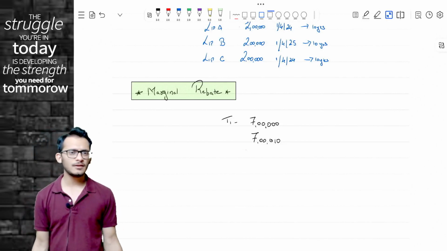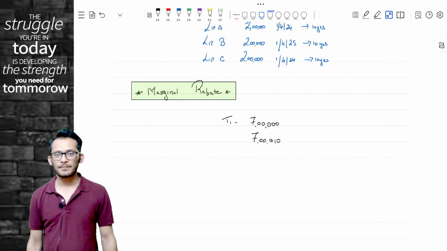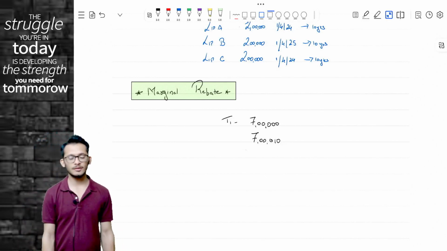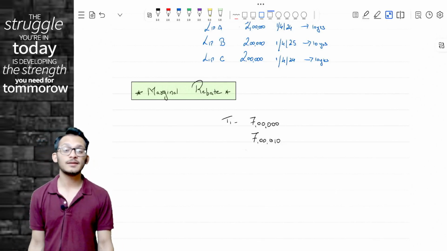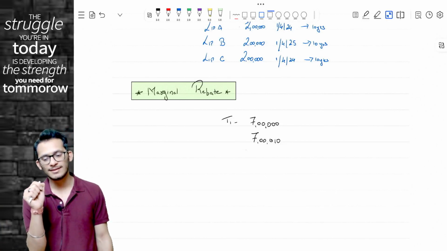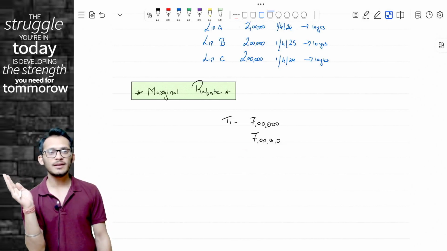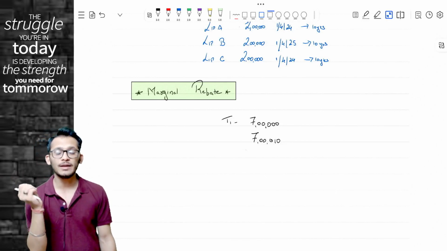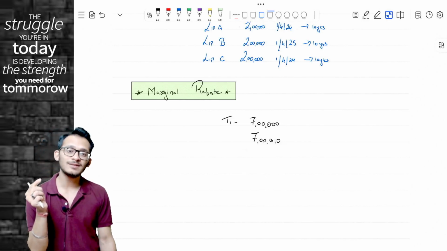Old regime, they came and said, no, we cannot do. New regime also, they said, we cannot do. Current year, to make it more fancy, we introduced this new concept called marginal rebate. Where, first time, Nirmala Sitharaman ma'am recognized the mistake which was happening. Meaning, now Nirmala ma'am came and said, if your income was 7 lakh rupees, you would have paid no tax, because your rebate would have come as full. If your income is 7 lakh 10 rupees,